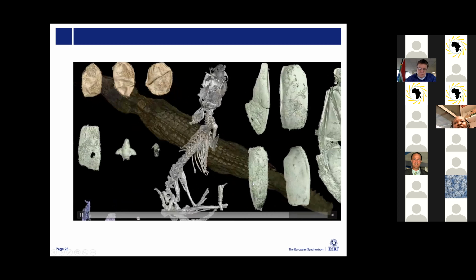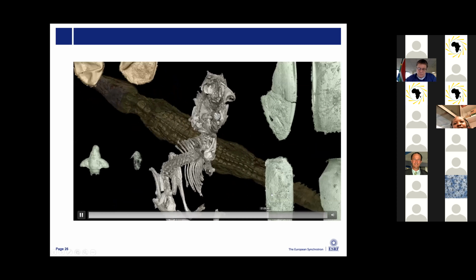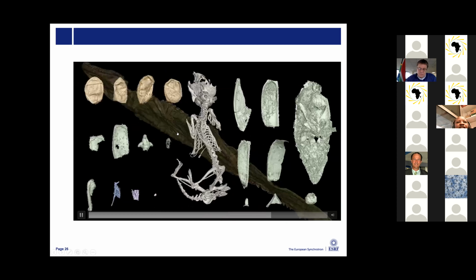And here you actually see some of the stuff that, here, one could actually look into the stomach and find